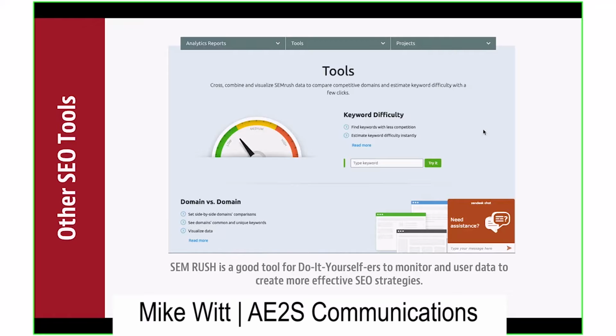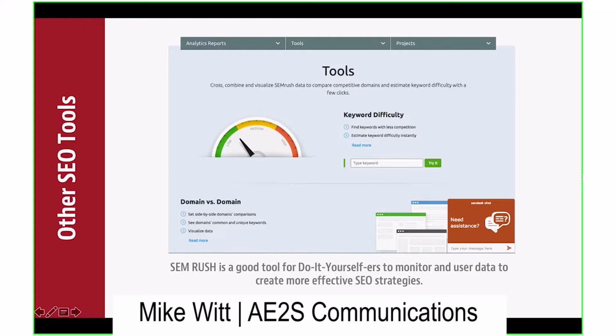So it's a tool that's $100 a month, but if you've shopped around, it might be cheaper than you've found to have somebody do it for you. It can be expensive. Like I said, it requires constant maintenance like a garden. You have to react to the data that you're seeing from your analytics, from your Search Console, and try to take different approaches if you see something's not working, or build upon the successes that you've had.